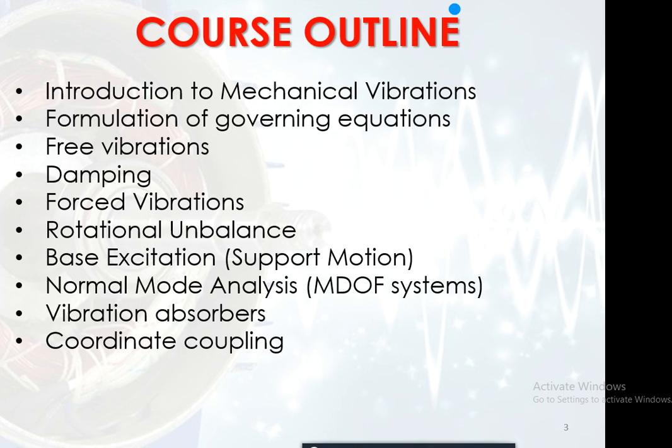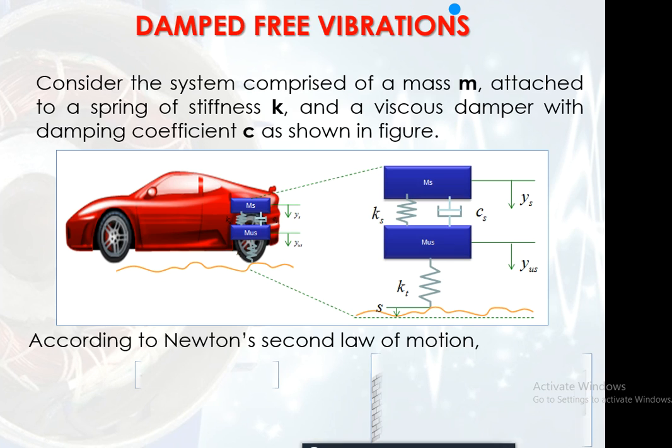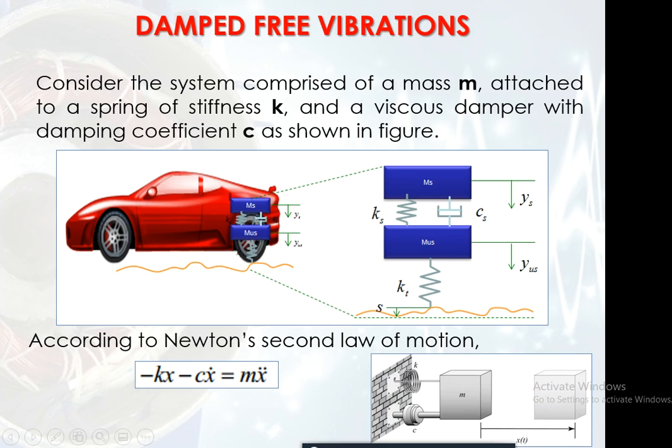So in damped free vibration, for example in this damped free vibration model, that is the rear suspension of a car, we have two kinds of masses. One is the sprung mass and the other is the unsprung mass. Sprung mass includes the mass of the whole body of the car, in which we have the IC engine and the body of the car, and unsprung mass includes the below suspension weight on which the whole weight of the sprung mass lies.